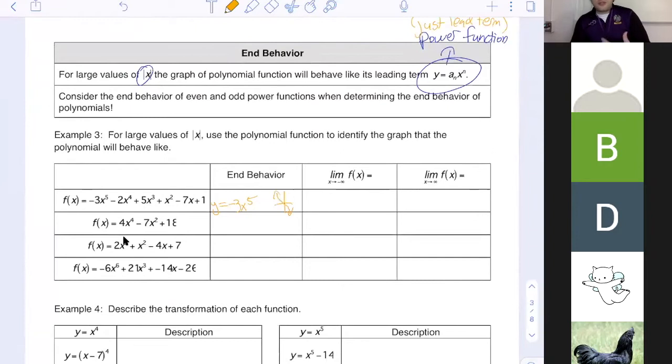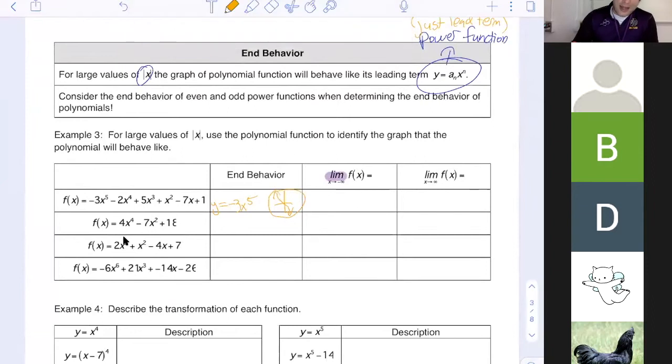And so to answer these questions, I really think that the sketch here helps. So I would do a sketch for all of these. Now to answer these questions, I'm really getting into my calculus notation. This LIM stands for the limit. So the limit of my function f of x as x goes to negative infinity. Or in other words,